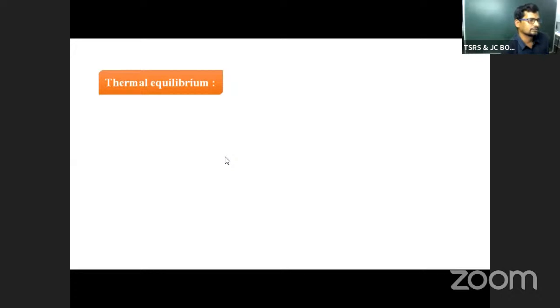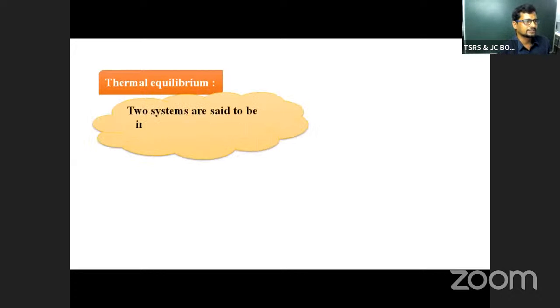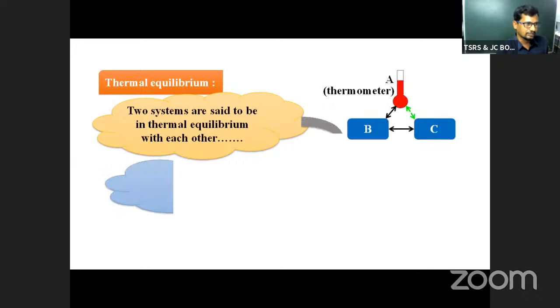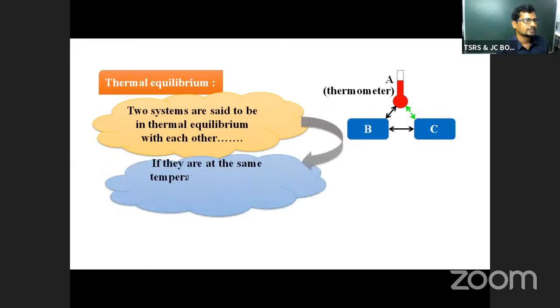So, thermal equilibrium means two systems are said to be in thermal equilibrium with each other when only the temperatures are the same. If they are at the same temperature,